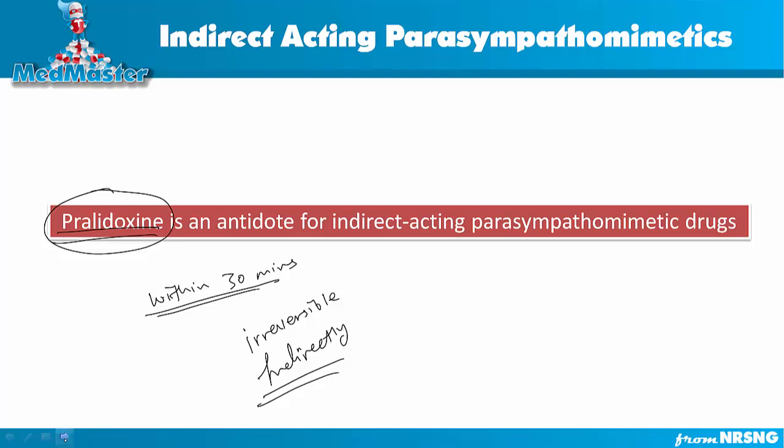Okay. This is it about the parasympathomimetics. They have direct and indirect acting classes. I know this is a little bit complicated as far as the ANS drugs go,